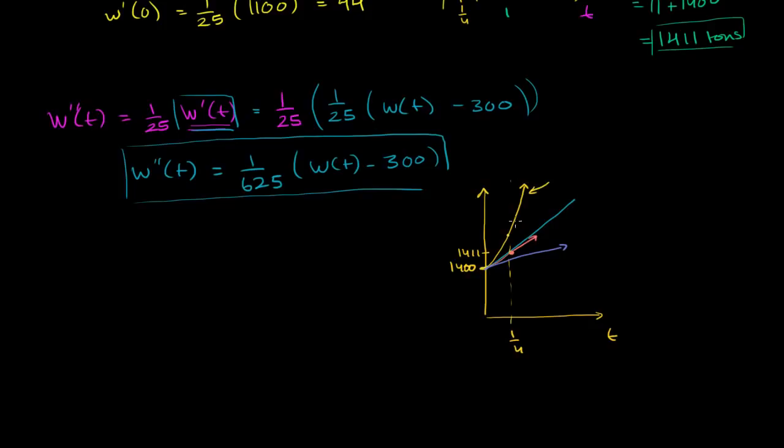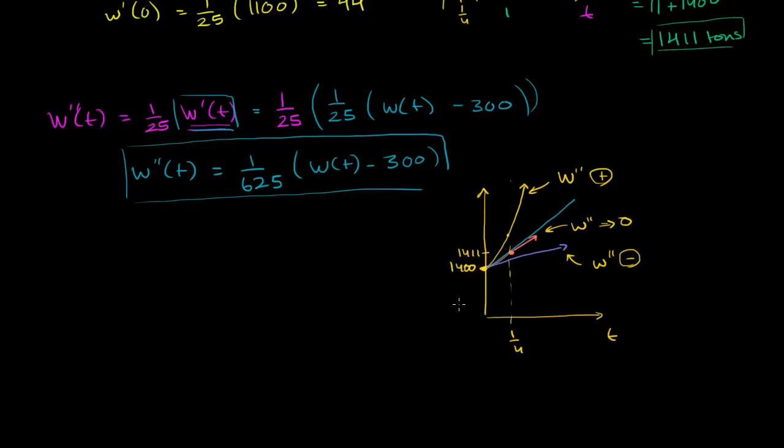So this first situation, slope is increasing. That means W prime prime is positive. The slope is increasing. The second derivative is positive. This second situation, our slope is decreasing, would cause the second derivative to be negative. And in this third case, our second derivative is 0. If your slope isn't changing, if your first derivative is constant, your second derivative is going to be 0. So let's just see what our second derivative is at our initial condition, and then we'll